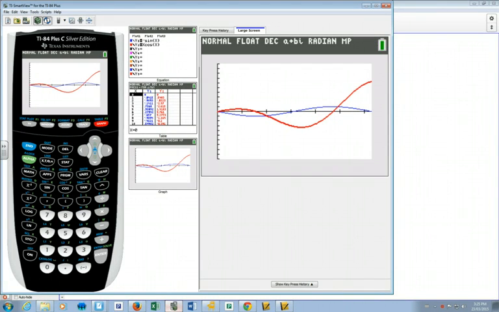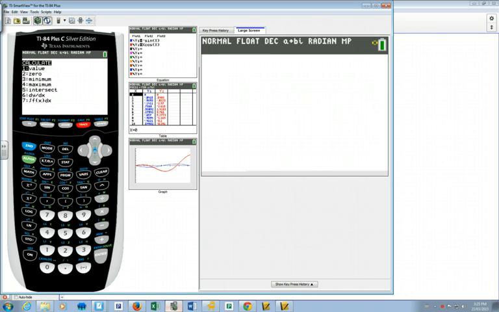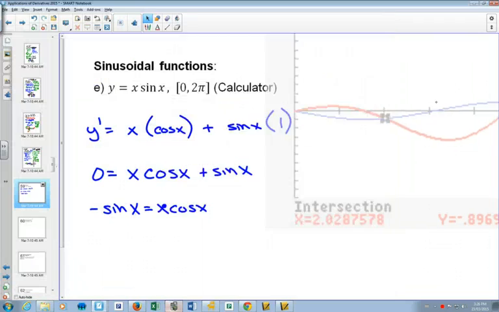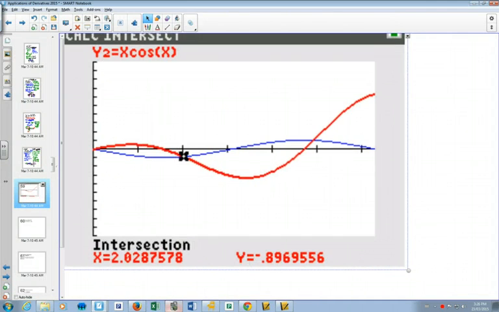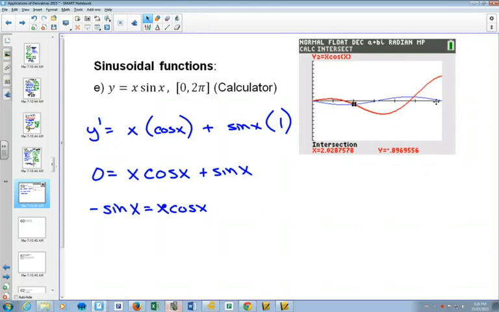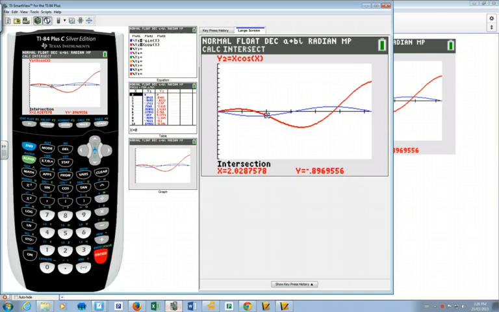There's our two graphs. So if I want to find out where those intersect, I can go 2nd, number 5, intersect, enter, enter, enter to get one value. That's huge. Make that a little smaller. And my second one on my calculator,